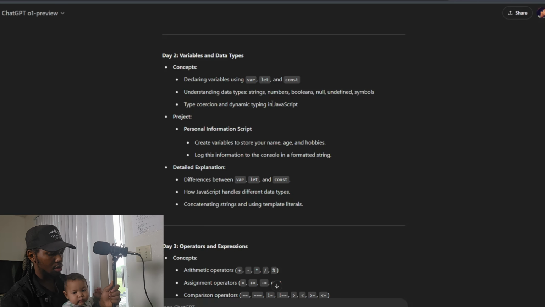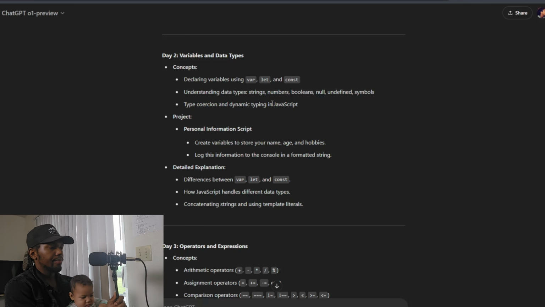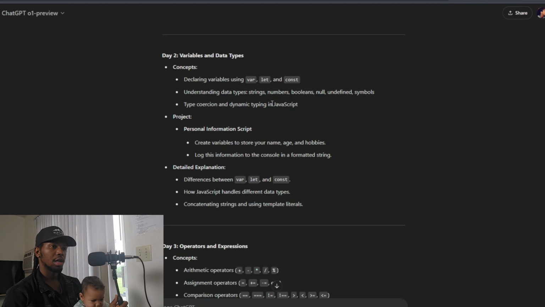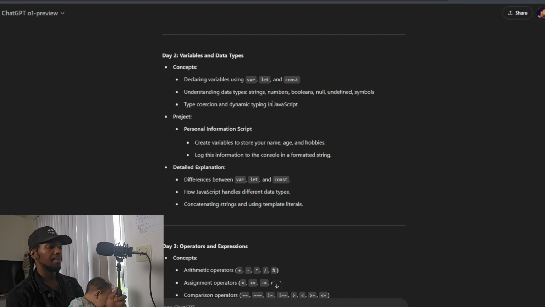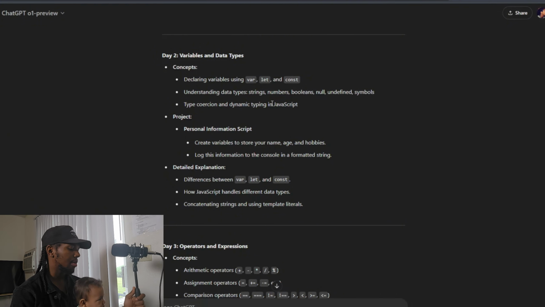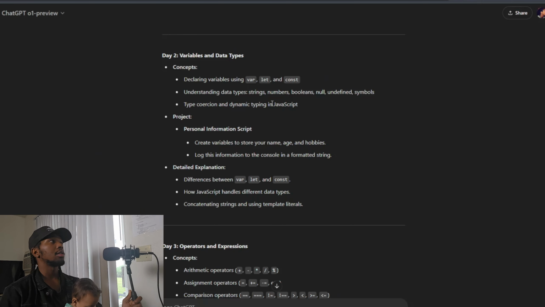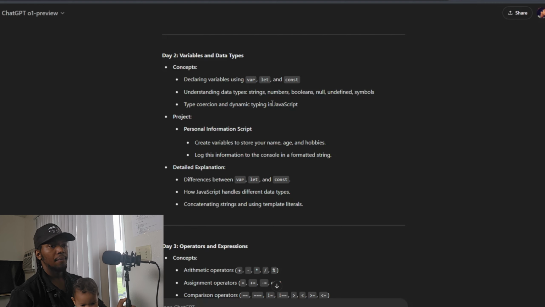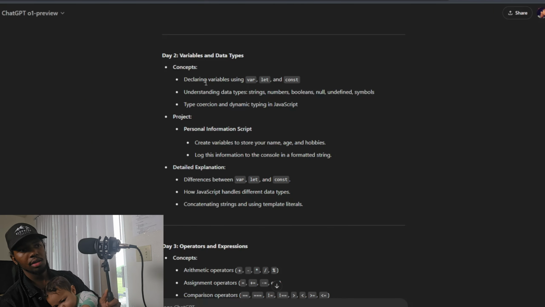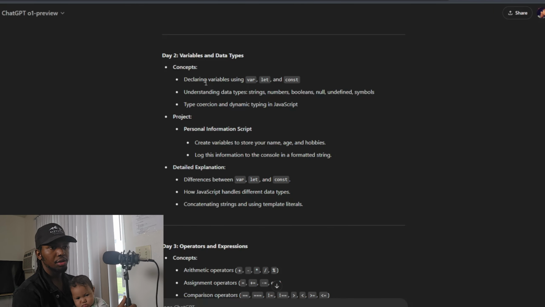And I think it's in really good order based on the courses I have taken. I haven't done a lot, but I have dabbled in a bunch of different courses, but I haven't committed to very many, if any, really. I've never completed a full JavaScript course, so I'm gonna really put the effort in to do this one. And I'll show you my plan in a second. But first I want to say that it gives you a couple concepts, and then it gives you a little project to reinforce those concepts, which is kind of what